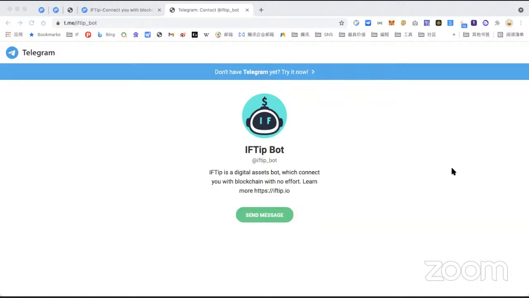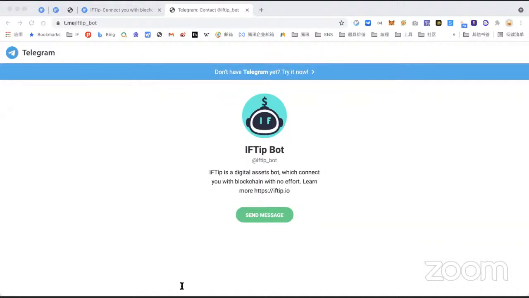If you type help withdraw, the bot will tell you how to do it. This is the command format. After showing this, we can use it in IFTip groups. Yeah, this one.